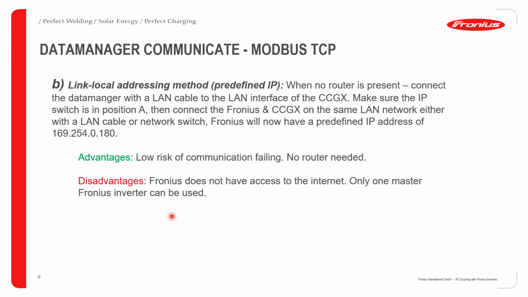Option number B for communicating the data manager via Modbus TCP would be to use the link local addressing method, which gives the data manager a predefined IP address. This is required when a router is not available. Therefore you connect the data manager directly to the SABO-GX or the display of the VICTRON inverters. In this case, please make sure that the IP switch is in position number A, and then the Fronius data manager is given a predefined IP address, which is